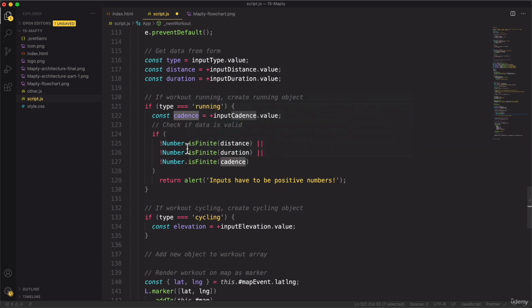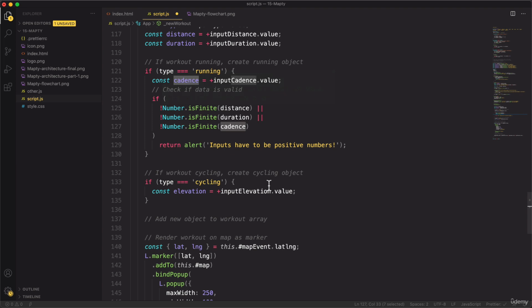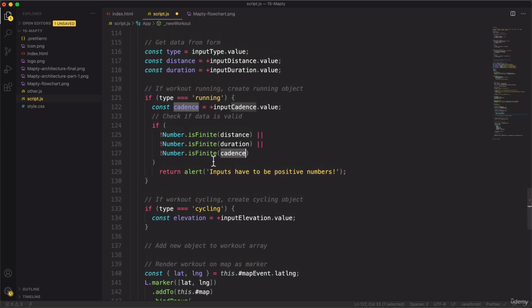And so the reason why we did this checking here inside of this if block is because if we did the same out here, then we would also want to check for the elevation, right? But as we know already, only one of the cadence and elevation can be defined at the same time. They cannot both be defined at the same time. And so performing this check would then be a little bit more difficult. So now we can go ahead and do the same thing down here, so in the cycling part, but let's